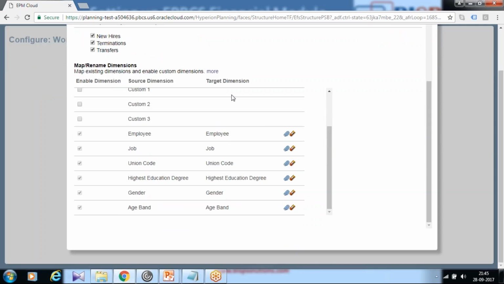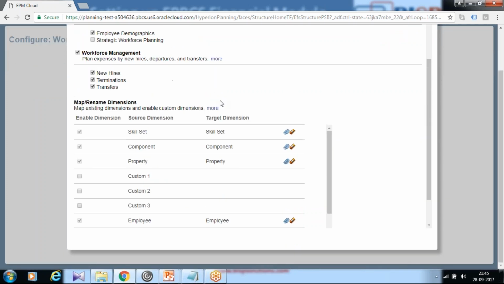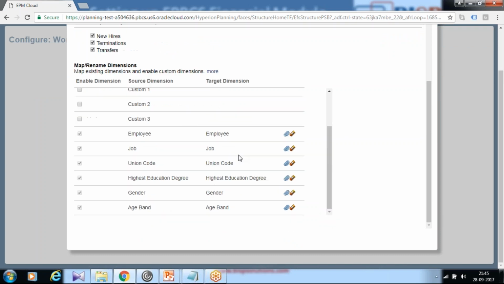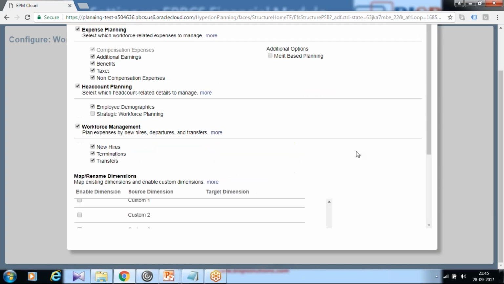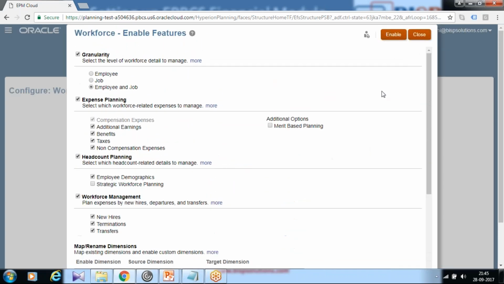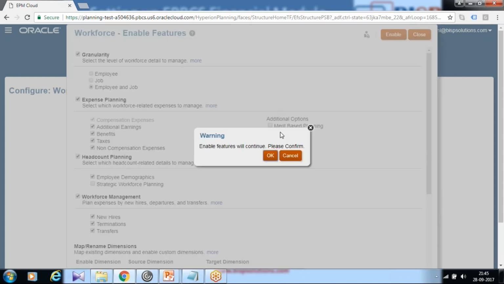The bottom screen shows the custom dimensions. I like to continue the same custom dimensions, which consist of your skill set, components, employee job code, age band, and gender. When you find everything good, you can click on enable. Now this takes a few seconds to enable this feature. Once it is done,